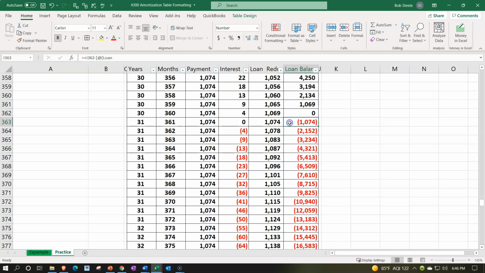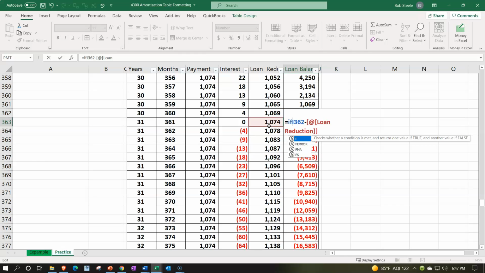So how would the logic test look? Let's do something like this. We can double click on it. There's our normal formula, taking the prior balance minus the loan decrease. I'm going to put an if in front of it now, and then add our if function. So we want to say if that normal thing, the prior balance minus this, is greater than or equal to 0,